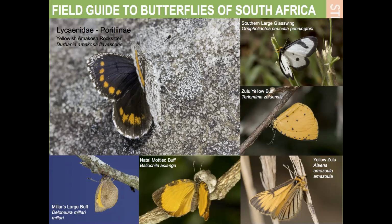The bottom right is a yellow Zulu. You can see just at the bottom, just below her, a little row of eggs which have been laid on a dead grass stem growing near some rocks. And the caterpillars will crawl down to the bottom of the grass and feed on the lichen on the rock. The Zulu yellow buff, Pentila,